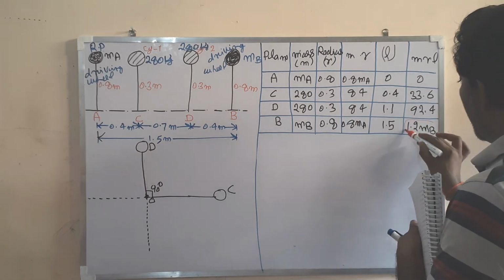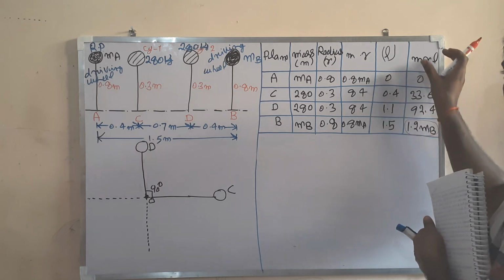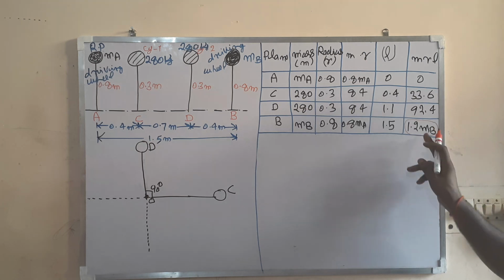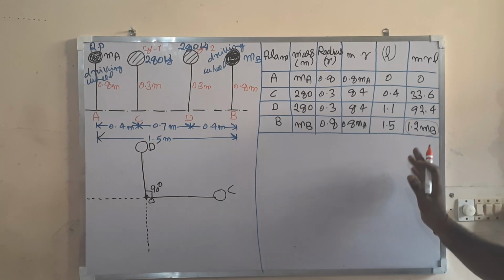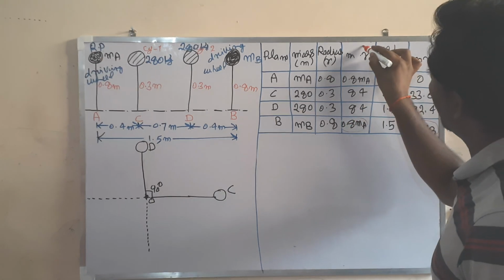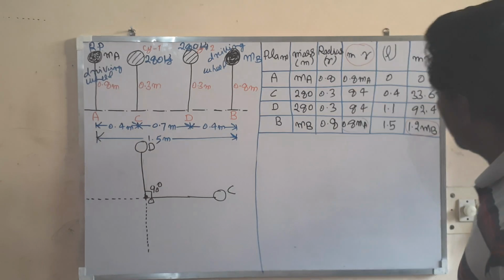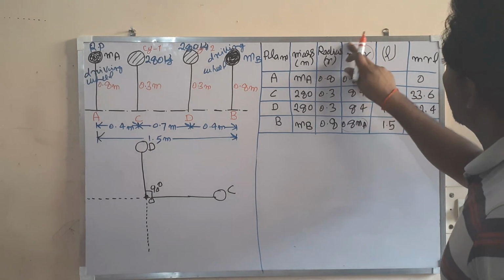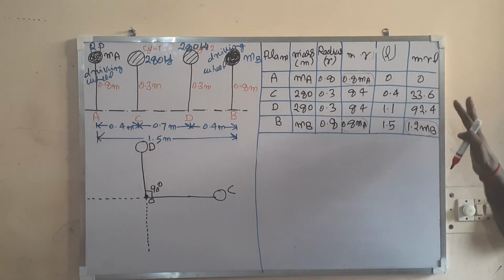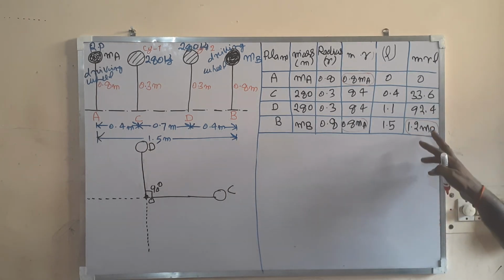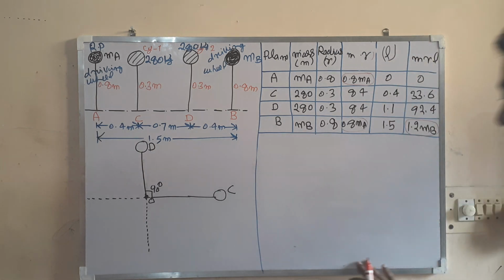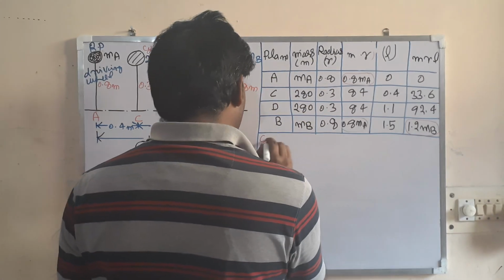So look here, the couple polygon is drawn from this column and the force polygon is drawn from this column. In the couple polygon there is only one unknown, so first we draw the couple polygon. In the force polygon there are two unknowns. So you have to first draw the couple polygon to get the value of MB in magnitude and direction. Then you go for the force polygon. So first I am going to draw the couple polygon.